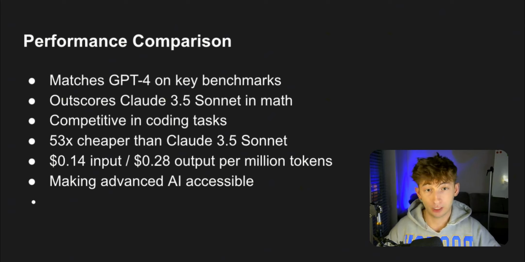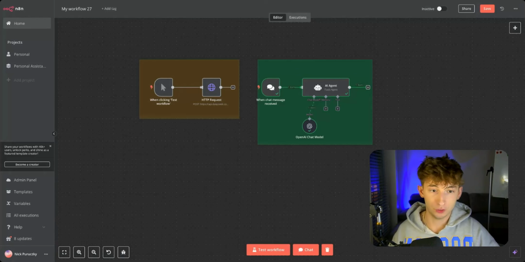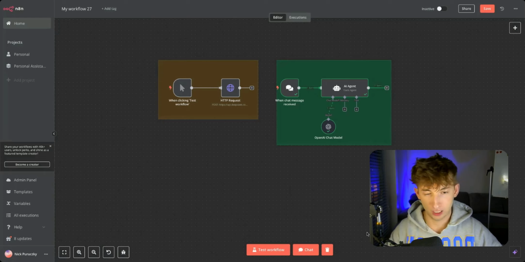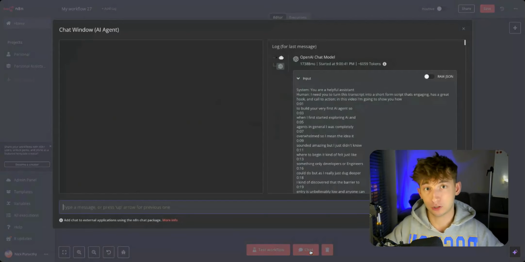But in any case, I want to get into how you can actually build this out for yourself. What we have right here is two different ways of going about building it. So I just want to get into a demo and show you how it works when I'm interacting with it. It's going to be relatively straightforward, and you're not really going to be able to tell the differences right away. Make sure to stick around because I'll show you how you can actually get this within n8n.